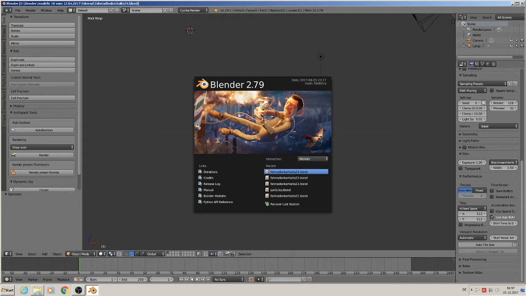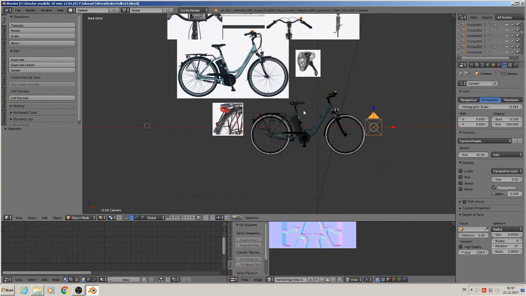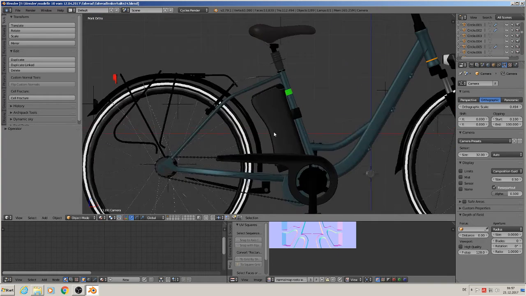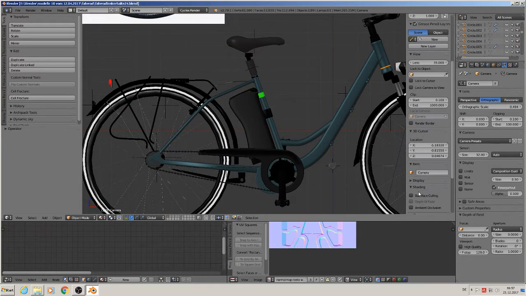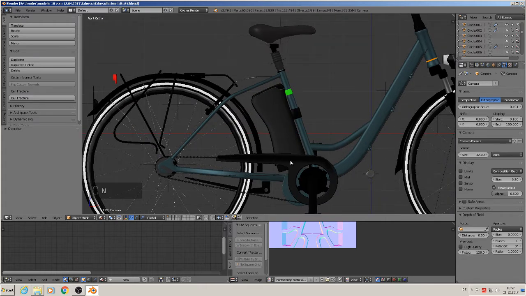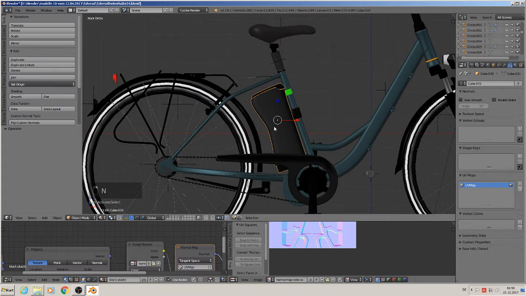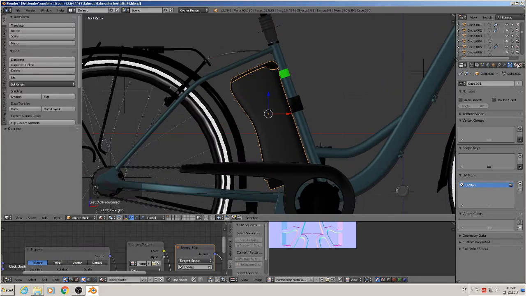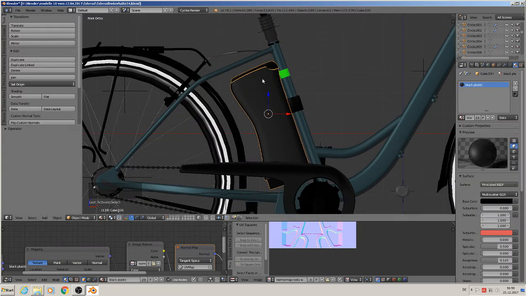Today we want to make some text on the bike. We did some text last time and we put them on now. I'll give you screencast keys here. Then we want to plug in the Blender symbol with the text Blender on there. So how do we do that? We need a